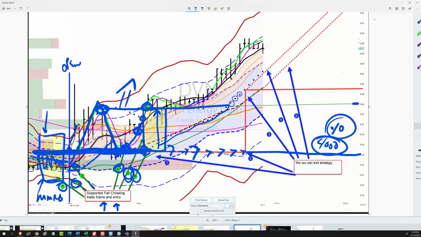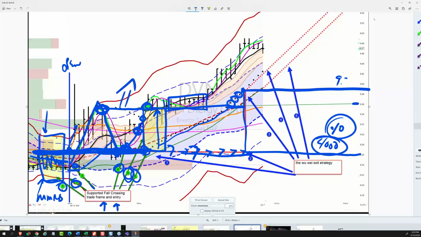Now I notice it gets into this little holding pattern. So what? My stop is still where it's supposed to be. Now I get 1, 2, 3 PSAR dots above my entry. That triggers my sniper move to the Wu Wei. And now that's going to remain in place at like